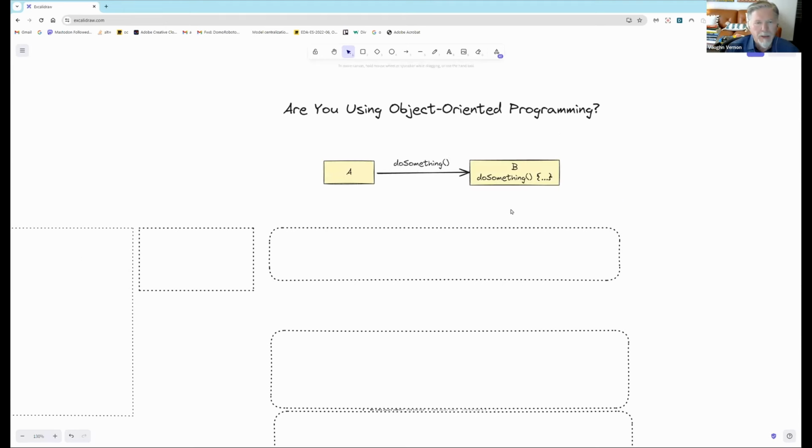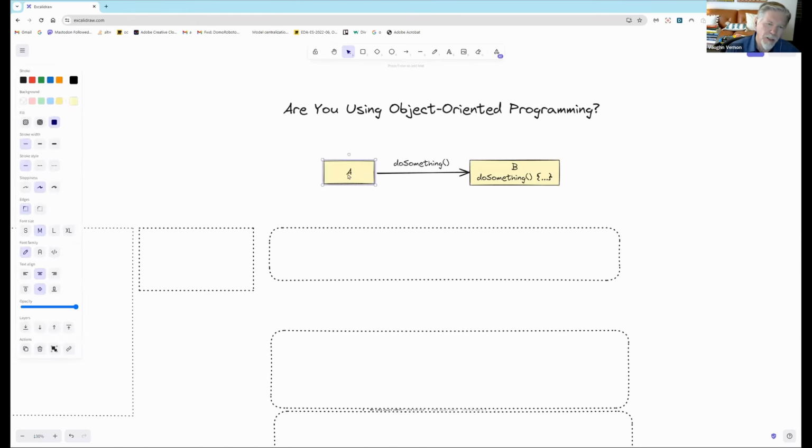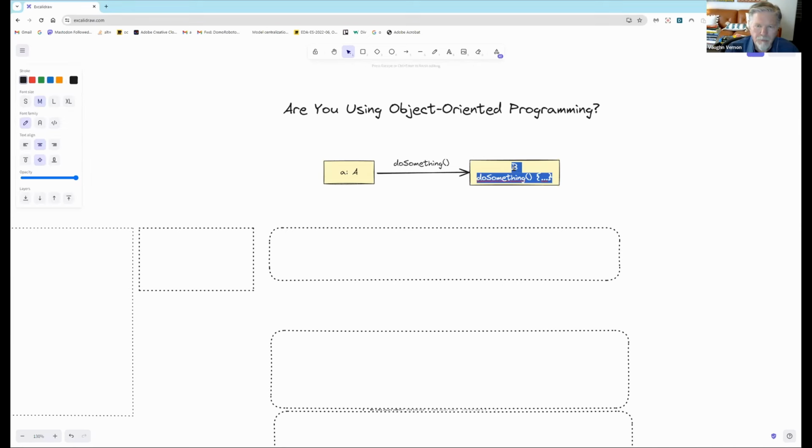Okay. And this is roughly what we think of as object-oriented programming. So we've got an instance A of class A, and an instance B of class B. And A has some reference to B, the object B, and it can do what? It can invoke methods on B. And you're like, yeah,